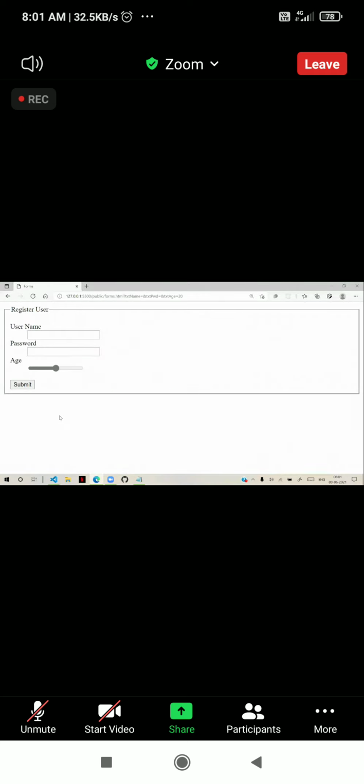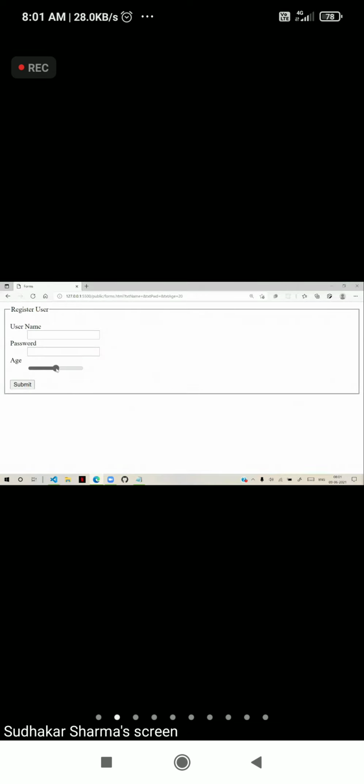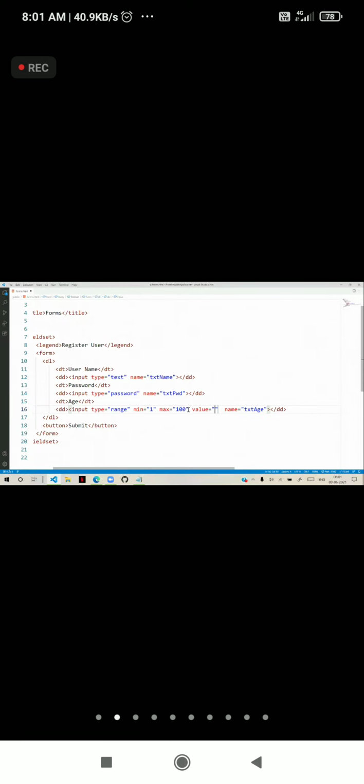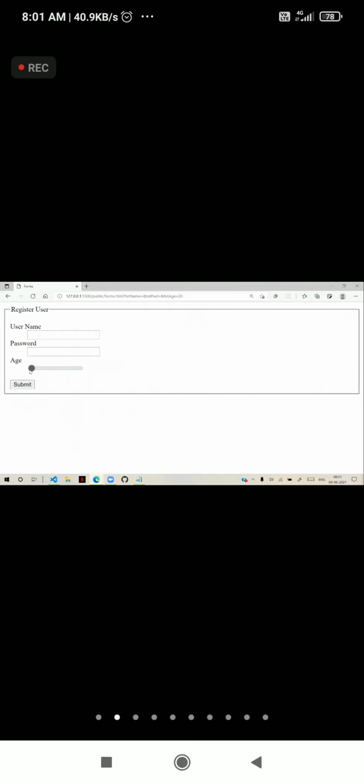A slider will come, and by default, if I want the value 1, the slider handle will start from 1. You can move this slider, but the value is not shown here. When I click submit, the value is submitted, but it is not displayed here.